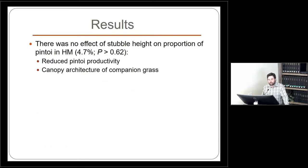Beginning with our results now, we had no effect of stubble height on the proportion of Pintoi peanut in herbage mass, an average of 4.7%. So, disagreeing with our hypothesis, we did not have any stubble height effect, and we believe that the reasons for this lack of effect